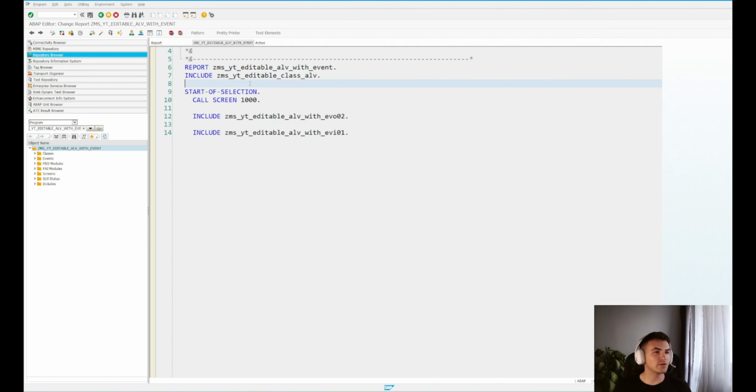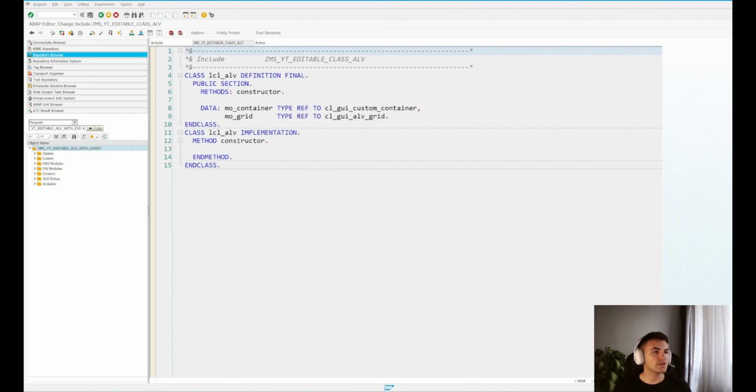Okay, then let's create some logic for our class. Go inside here and let's begin with the constructor. Of course, we have defined 2 attributes. We can now create them in the constructor, so it's going to be called only once at the beginning of the report. And so let's go with that. MO container is going to be an object of the CL GUI custom container class. So let's just use the new keyword to create an object: variable equals new class name, and here pass